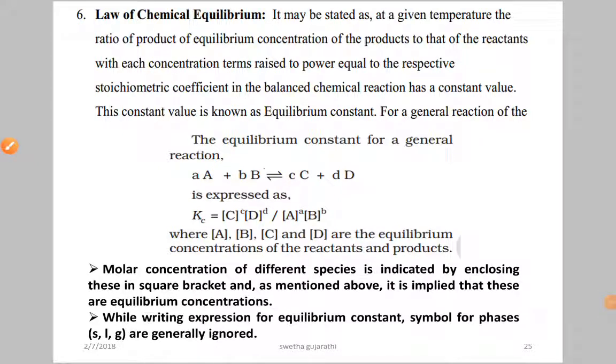Hello students, in the last video we discussed what chemical equilibrium is and its dynamic nature. How do we come to know the dynamic nature of chemical equilibrium? With the hydrogen and deuterium exchange. That is how we came to know that chemical equilibrium is dynamic in nature, meaning reactants are converted into products, and products are converted into reactants.